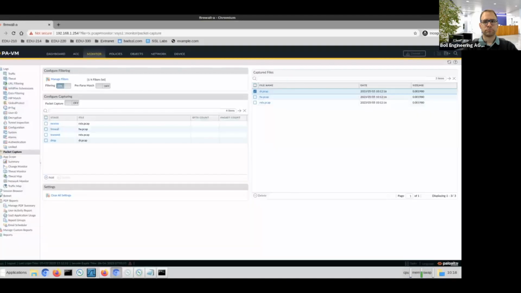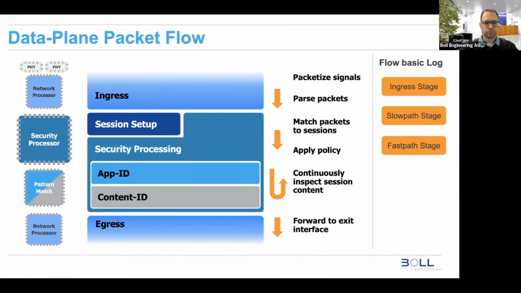So now, what is the next thing we can do? Normally we have to check our configuration if everything is correct and so on. But there are situations where you think everything in your configuration is correct, but even though it doesn't work. So now, how can we go on? The next thing we can do is use another tool, and I'm just switching to the right slide. We can go on